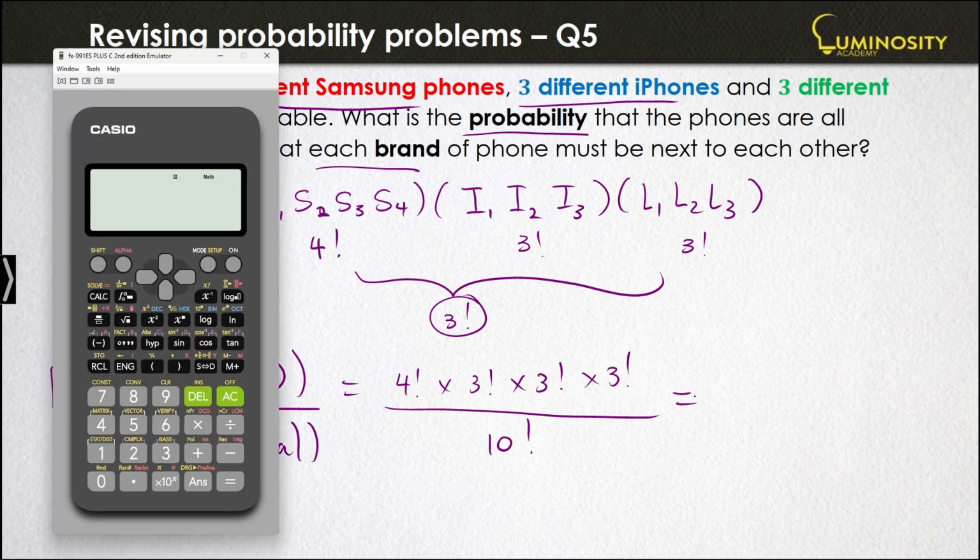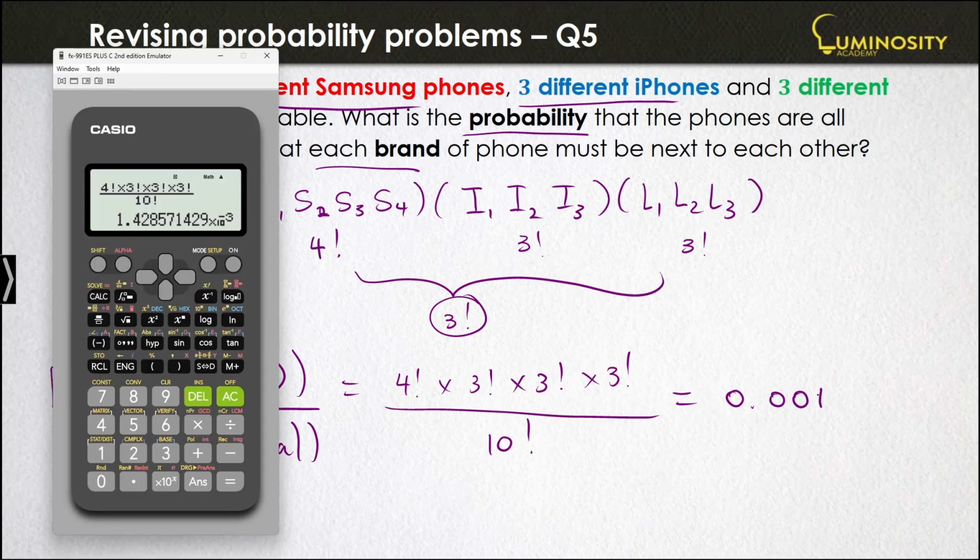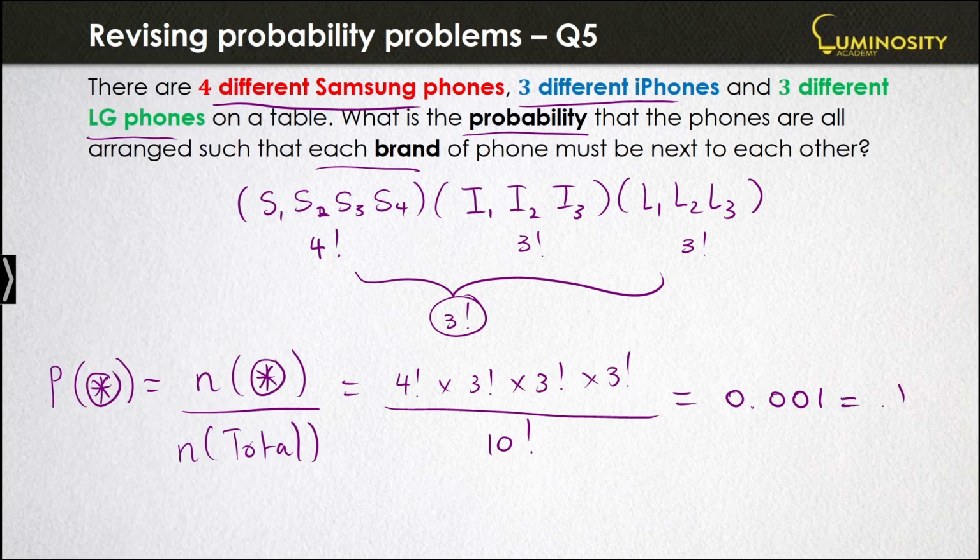So let's go ahead and do this calculation and see what we get. So we have 4 factorial times 3 factorial times another 3 factorial times 3 factorial, and then divide that by 10 factorial. So we get 1 in 700, which is approximately 0.001. So that's how you read that on the calculator. When you have scientific notation, that 10 to the negative 3 means that after the third decimal place, you reach the first number 1. So it'll be 0.001. Or you can also write it as 1 over 700 in fraction form,